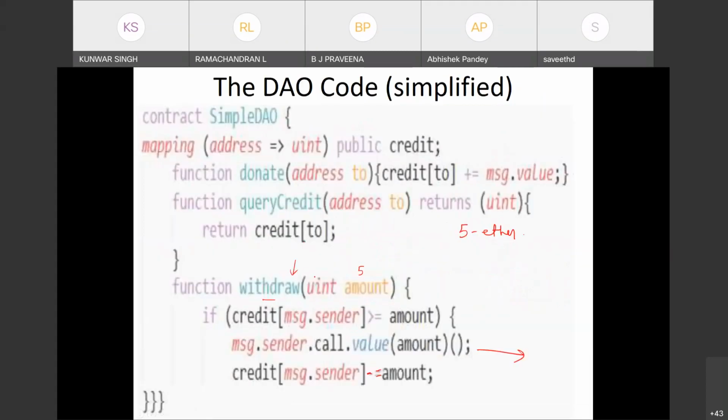Again it will go in here, coming here, because this is not decremented. The amount is still, it will show the 5. This is not decremented, so it's going here, again coming here. Again it will transfer money, again it will come back. So like this it will go on. This is possible because the amount is not decremented. This code is not executed.